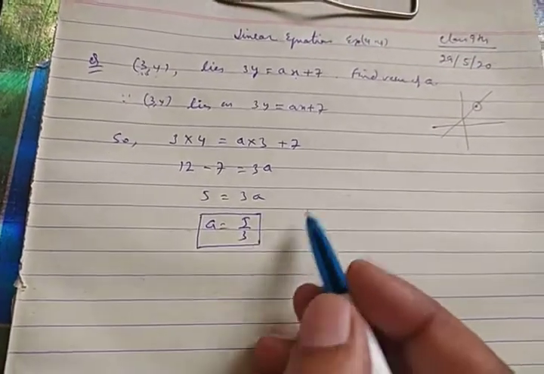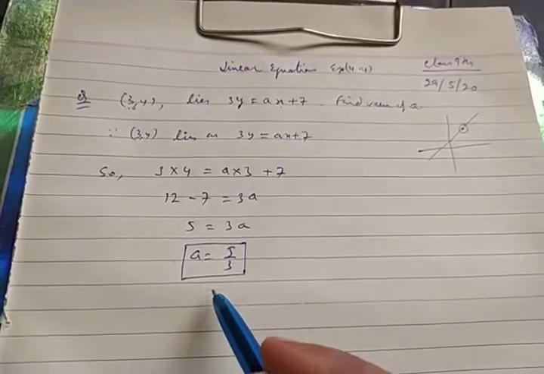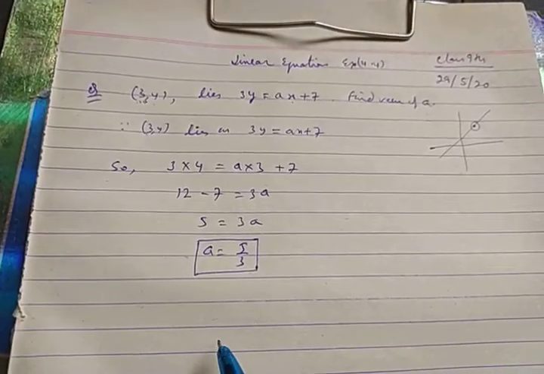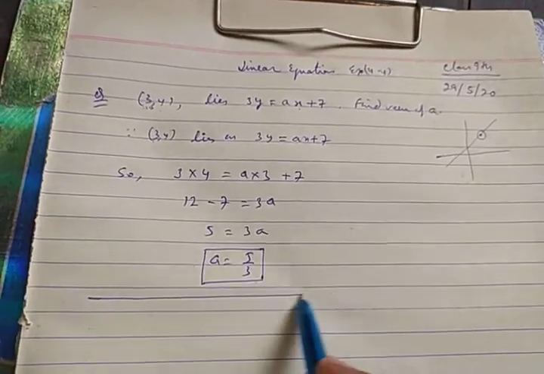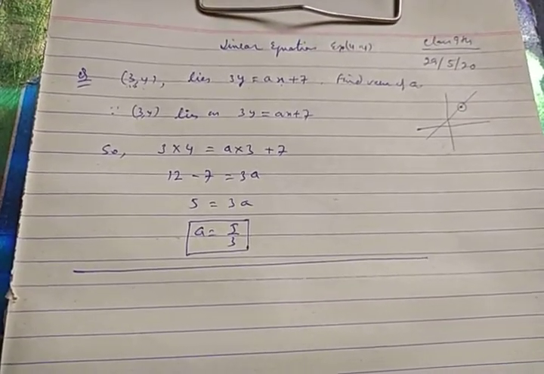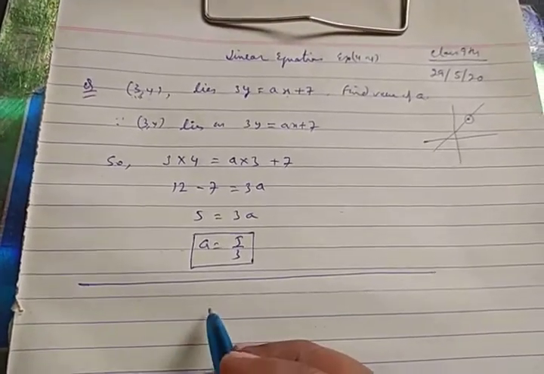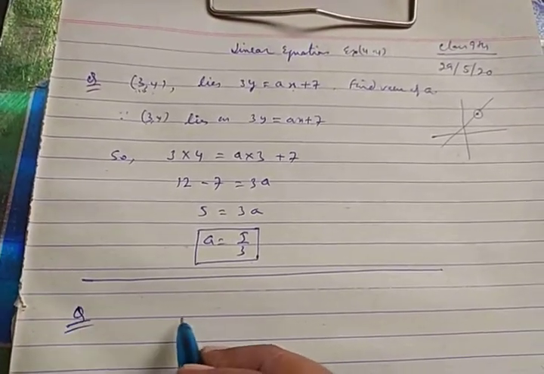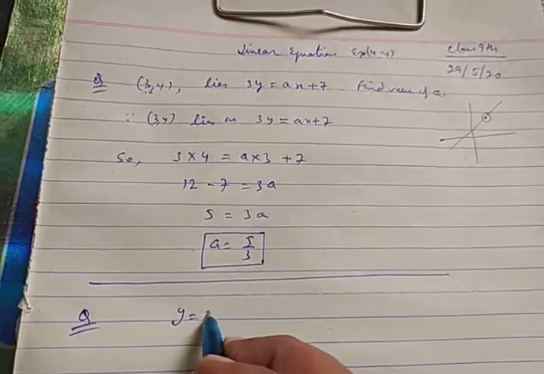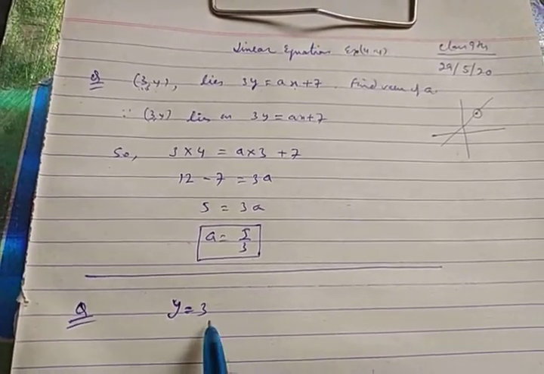In this manner various questions can be formed. This question was given in the previous exercise. Now today's exercise 4.4. The topic is nothing special to be explained, but the equation has been given in Exercise 4.4: y = 3. One thing you should observe, only one variable has been given.